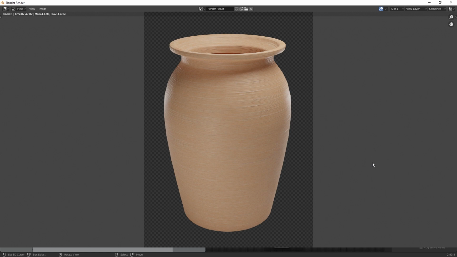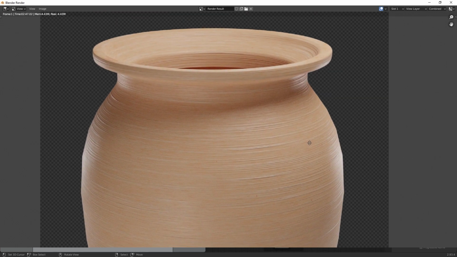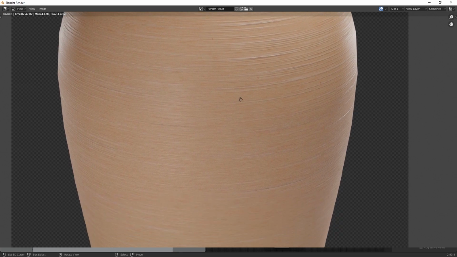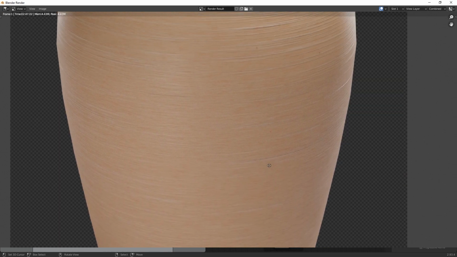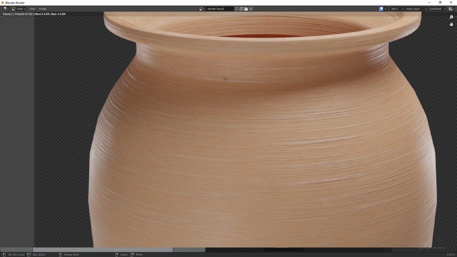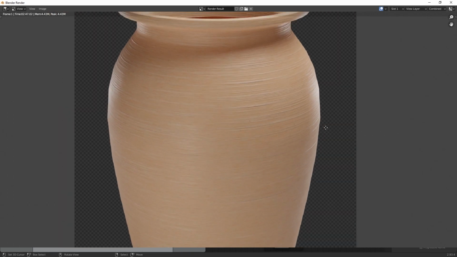This is the final output of our procedural clay pot material. It took 2 minutes and 47 seconds to render 500 samples of this material. Here it is common for procedural materials to render so slowly. This is because the GPU and CPU have to work hard to generate and render all the details in this material.